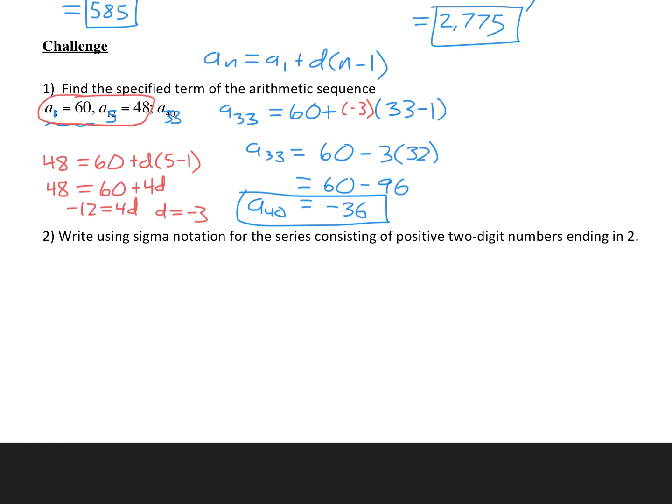All right, in the last problem, we're going to write our own sigma notation for positive 2-digit numbers that end in 2. I won't write the whole sequence, but just to get an idea of what we're trying to find, the first positive 2-digit number that ends in 2 is 12, and then 22, and then 32, and then it keeps going on this pattern, and the last number in this sequence would be 92. All right, so using sigma notation,